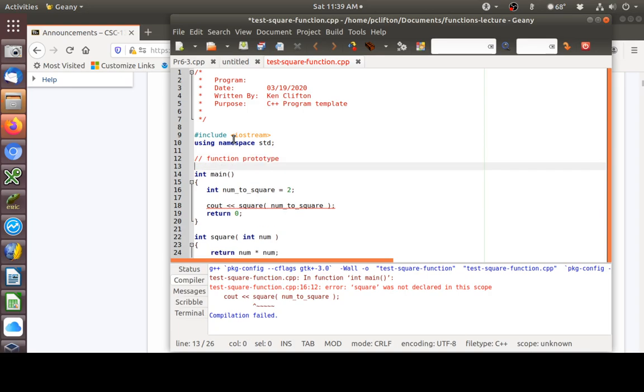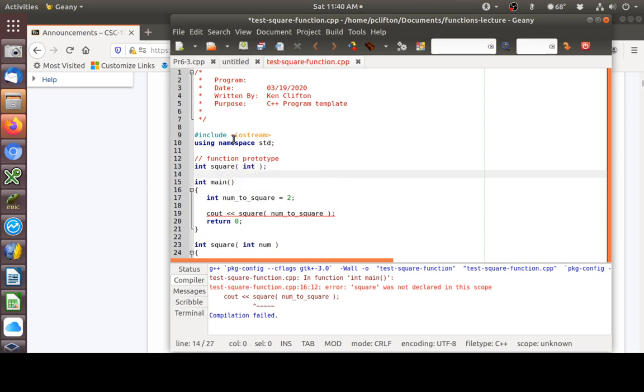Okay, I'm going to create a function prototype for square. Int square. Okay, there's my function prototype. Now what did we just do? We basically dummied up a square function. We told it that it's going to take an int in, and we told it what type